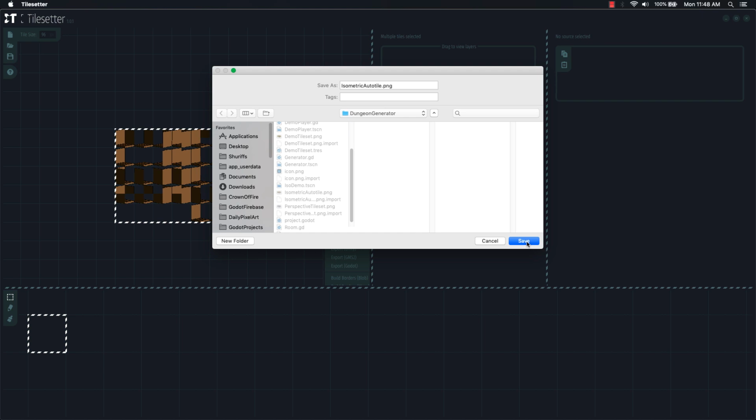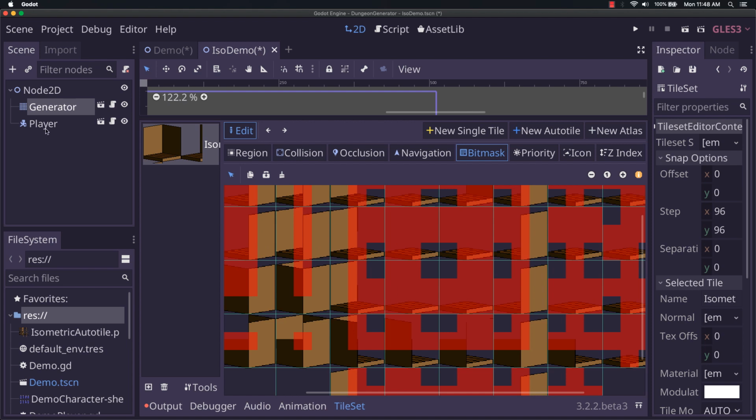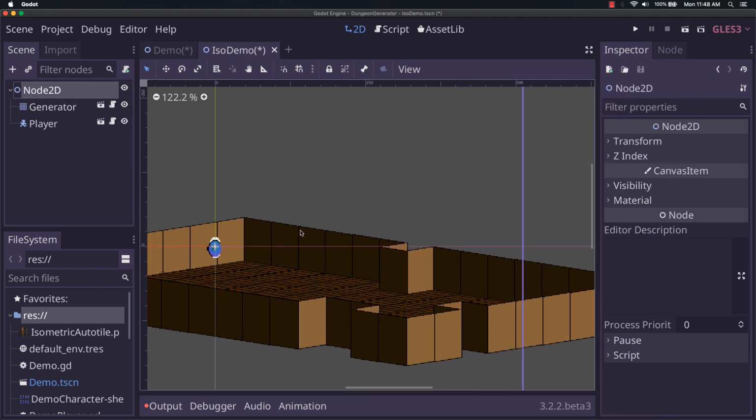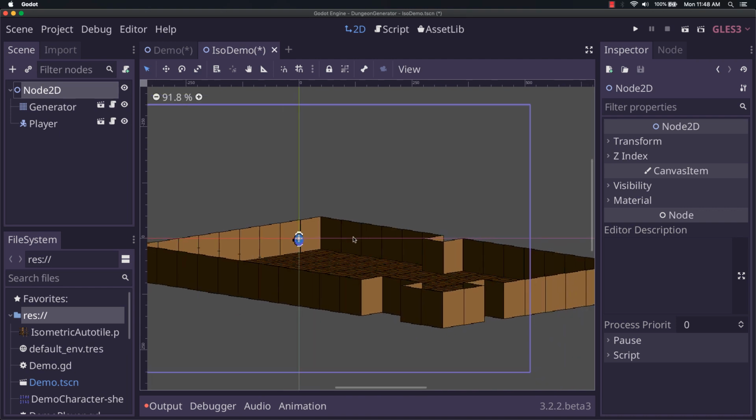So we have isometric autotile, go into that. Yes, we want to replace it. Come back into Godot. And actually take a look at that. Looks pretty good. Actually,